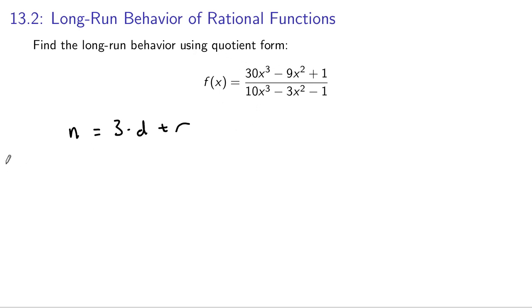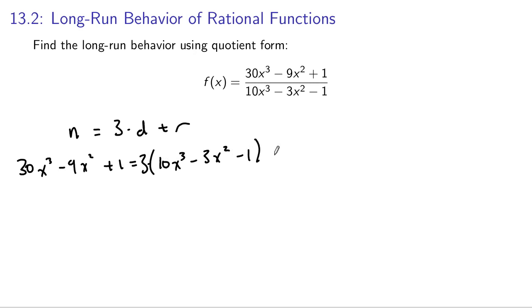The numerator is 30x cubed minus 9x squared plus 1, and 3 times the denominator is 10x cubed minus 3x squared minus 1 plus r. So if we multiply out the 3 times this, we get 30x cubed minus 9x squared minus 3 plus